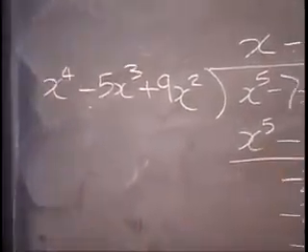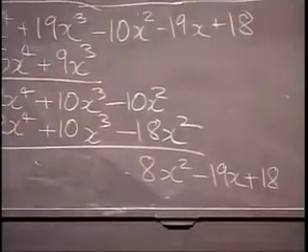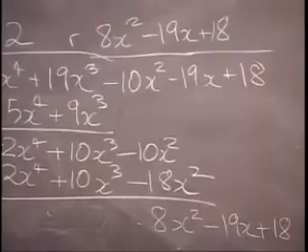There's no way to keep going. I mean, how many times does x to the fourth go into x squared? Doesn't. Yes, did I make a mistake? I think it should be